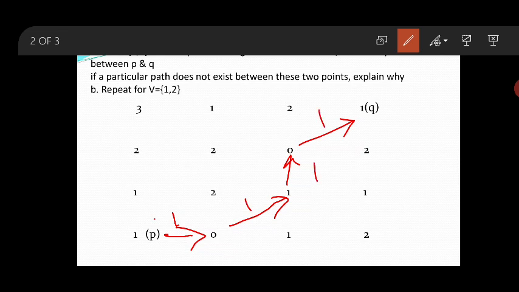How many are there? Total 4. Means for 8-adjacency, the total path length will be 4. I hope you understand. Just count it: 1, 2, 3, 4. So, does the 8-path exist?